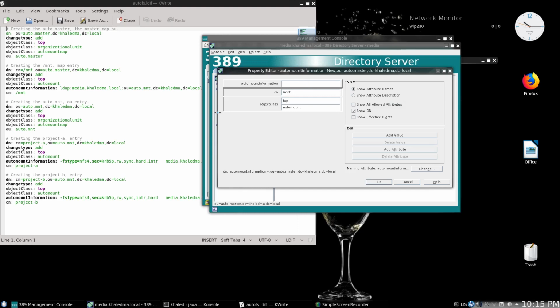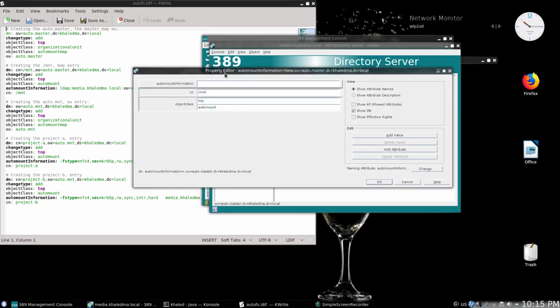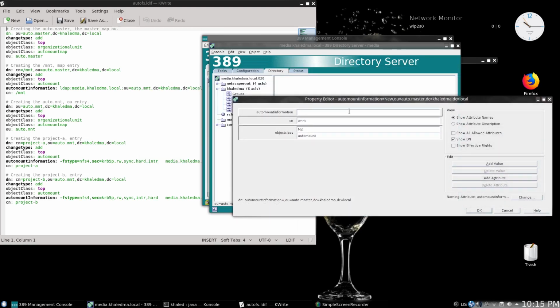In the automount information attribute, we have to specify the LDAP protocol, colon, and the host name for the 389 directory server,